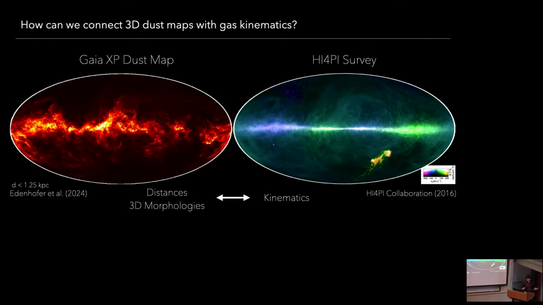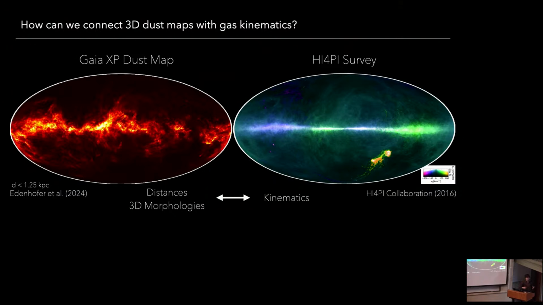And these maps are great, but unfortunately they contain no kinematic information. These dust maps just have our spatial positions of clouds. We don't actually know how they are moving. So what I've done in this work is try and connect kinematics from other tracers of gas to these 3D